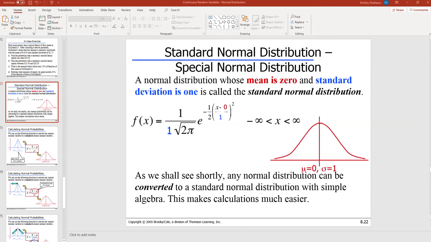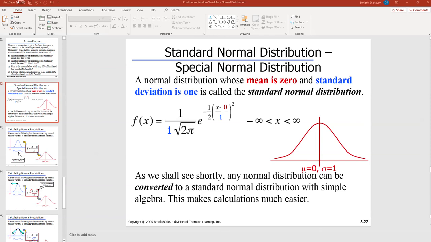Okay, so this is lecture number 8 in the business statistics course. Hopefully it's going to be relatively short, because what we need to discuss in this part of the lecture is a special type of normal distribution. In the previous lecture, number 7, we looked at just the general normal distribution,